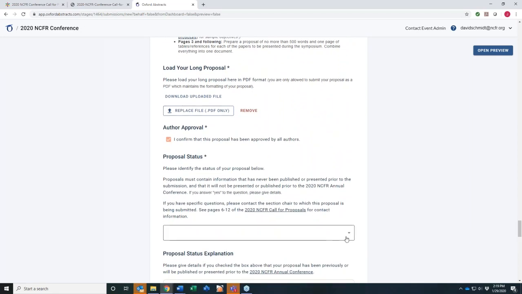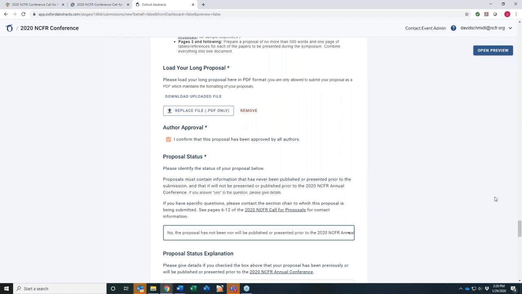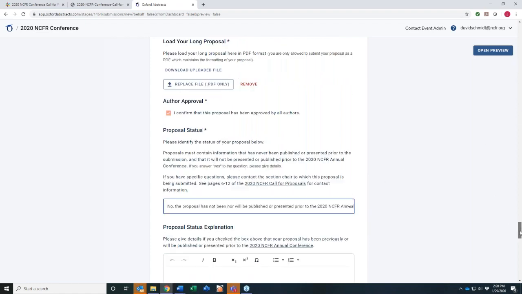Okay, now the proposal status is that we want to be sure that we have new material and that it won't be published or presented prior to the 2020 annual conference. Now, if by some chance it says yes, then you need to fill out the next question and